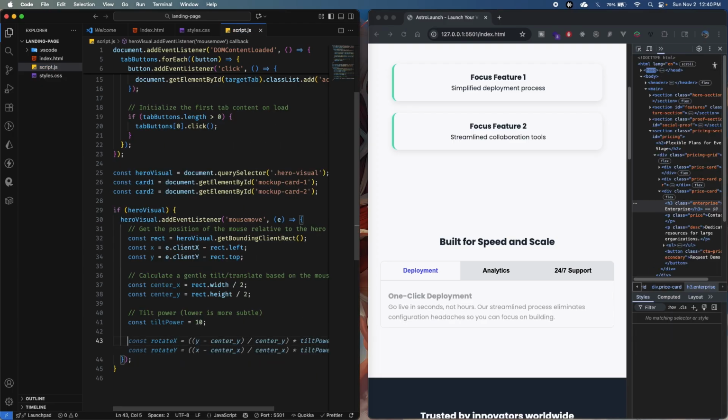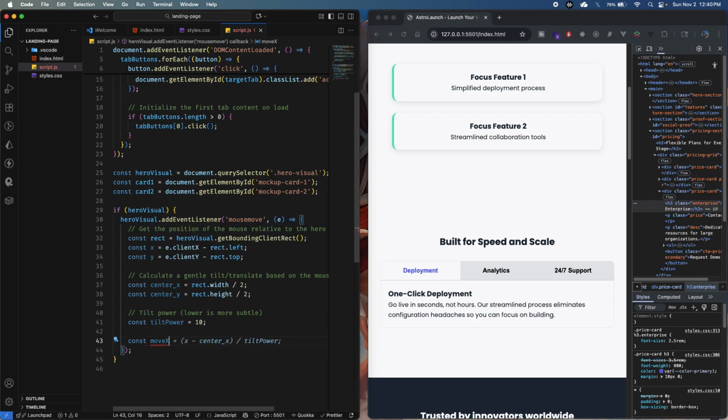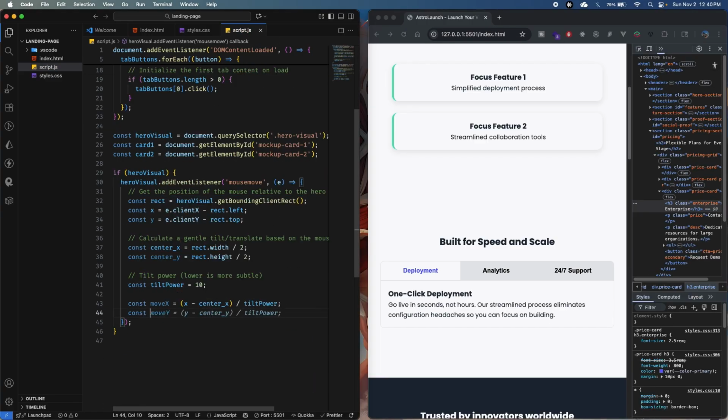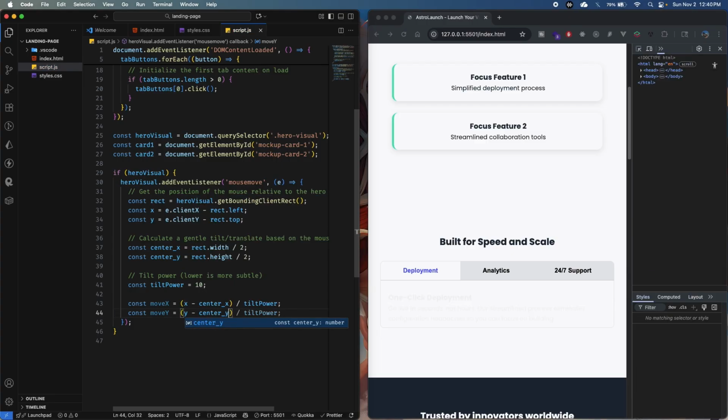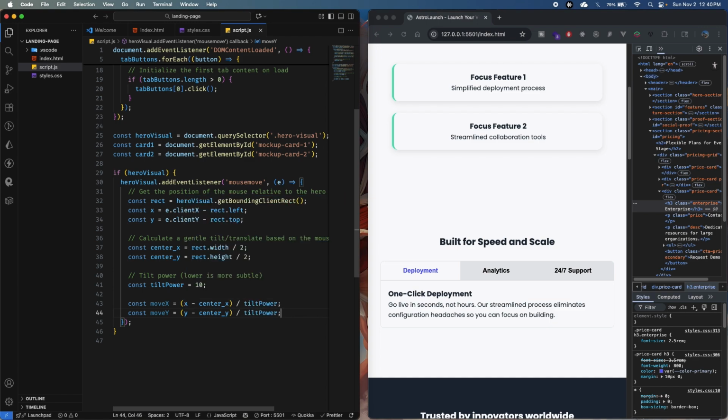Then we want to get some move, so let's put const moveX is going to be equal to x minus center_x divided by tiltPower. We are going to do the same for the y, so let's put here moveY is going to be equal to y minus center_y divided by tiltPower. Good. Then here I want to apply the subtle movement